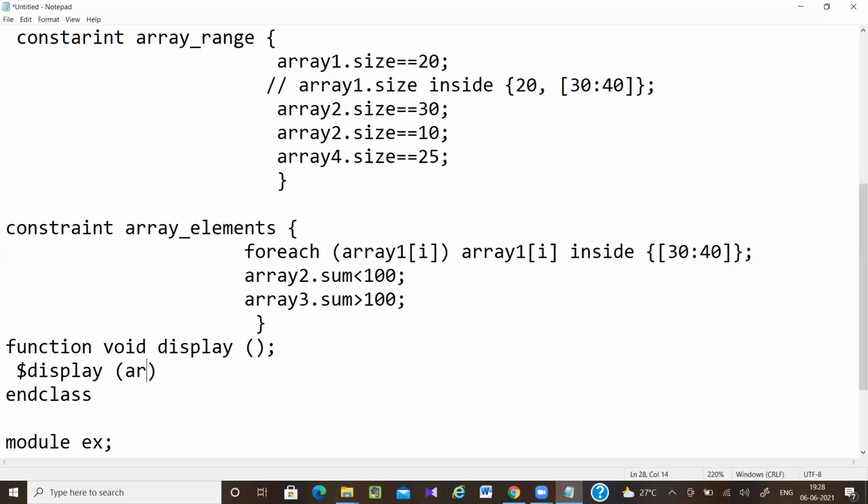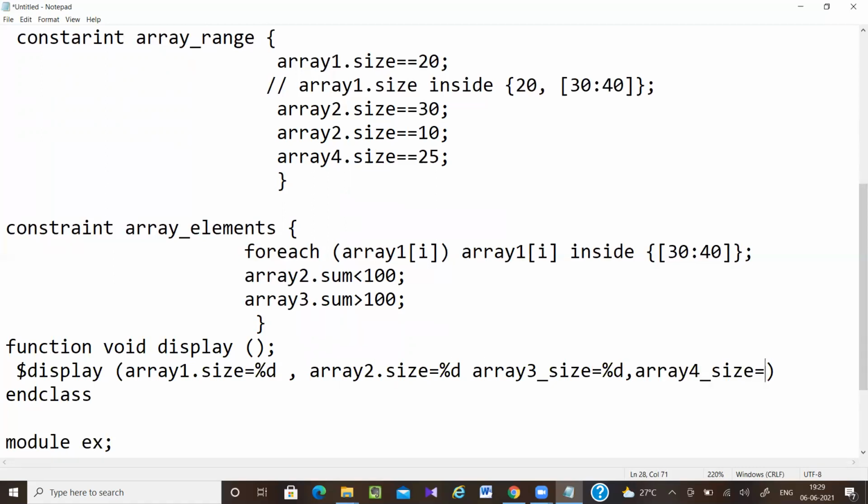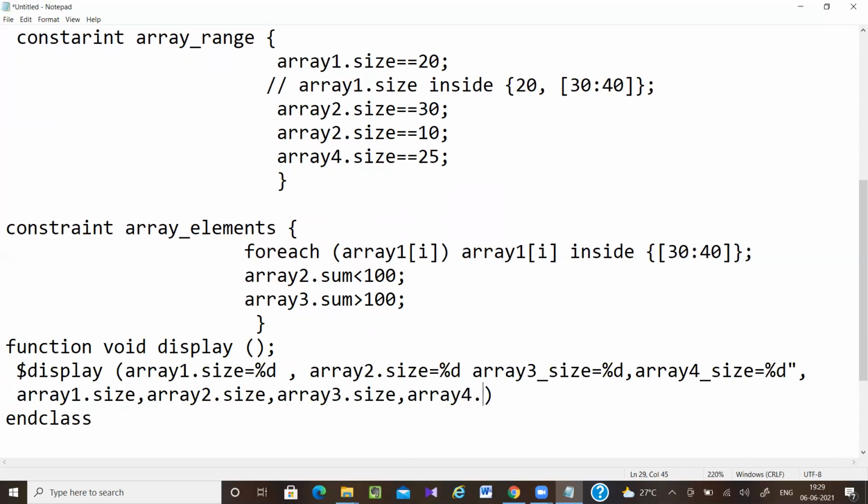Display array 1 size equal to array 1 dot size, because I need to know what the array 1 size is.